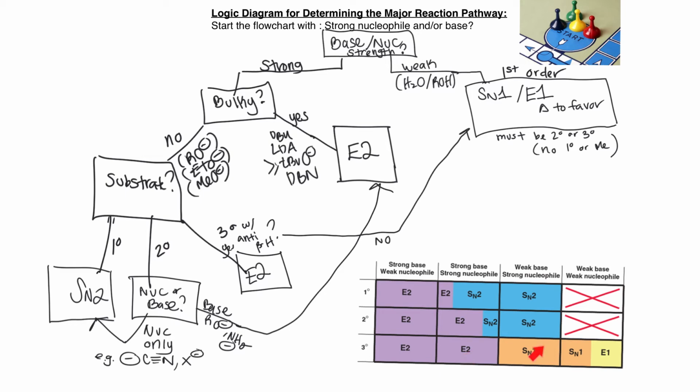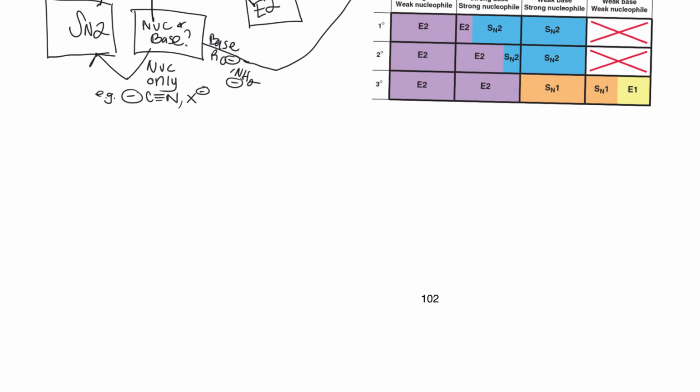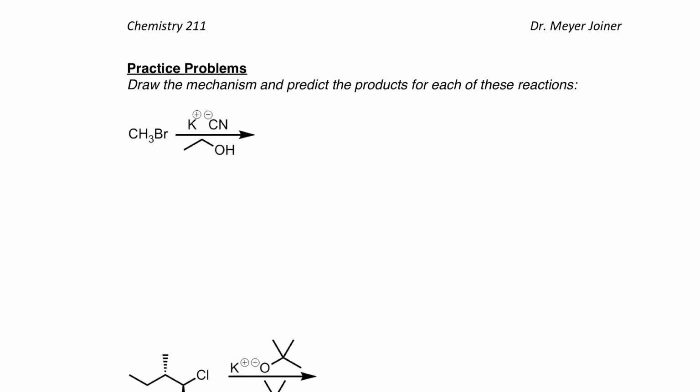If it's only a nucleophile and not a good base, then we'll see back to this category because we can't do SN2. Secondary is where we could do E2 or SN2. And primary, we'll see SN2 dominate. So it depends on the situation, obviously, but we try to make a trend so that we can carry this through. Let's put this into practice with some problems. The proof is in the pudding, as they say.